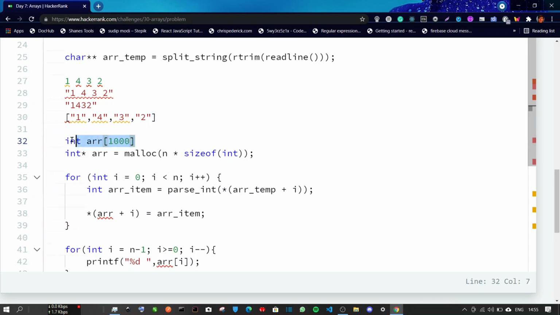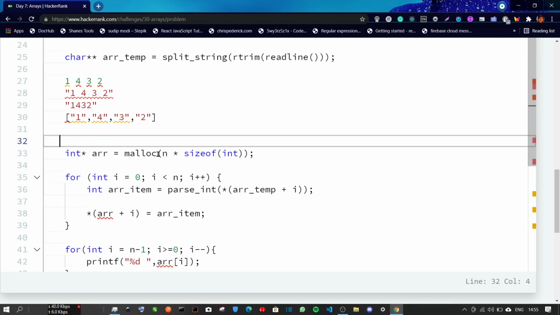The way malloc functions is that it allocates the size based on the size of a data type. Sizeof is another special function inside the C language that is used to evaluate the required size of some data type on a specific machine. So let's say the integer value takes 4 bytes on my machine, and it takes 8 bytes on another machine. What n multiplied by sizeof integer will do is this: n is the size of that array.